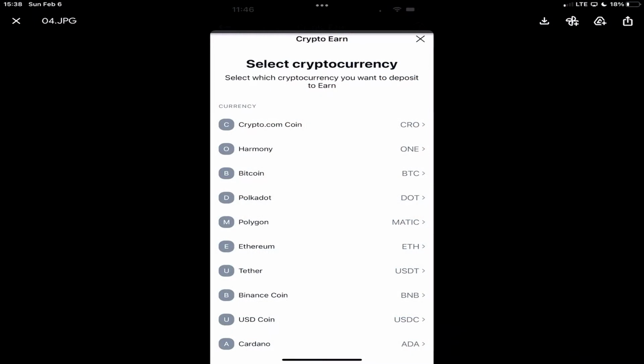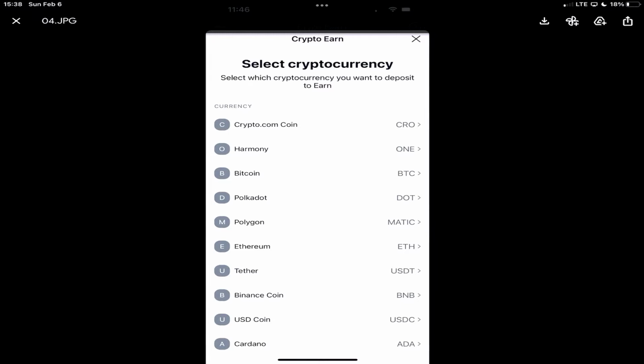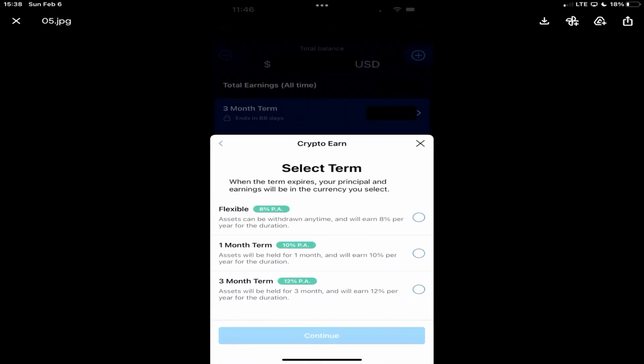Right. So we're going to select that, and you're going to get a choice. These are all the options you have for staking, and the trick is that some of them pay more returns than others. CRO is their most famous one, but you can choose any one of these and enter into an agreement with them, and they all have variations in their rate.